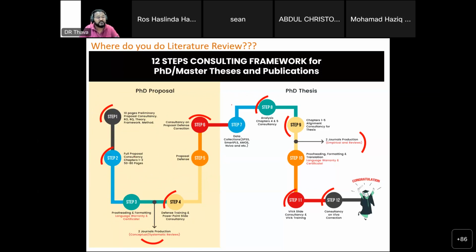So if it is not clear, not structured, not very well written in English, people can't understand your story flow, the funnel, language-wise, they don't even have a clue what you're trying to do, then your defense is going to be in a bizarre situation. You're going to go through a lot of hardship that you don't need to go through. Okay? So that's why this proofreading is very important.